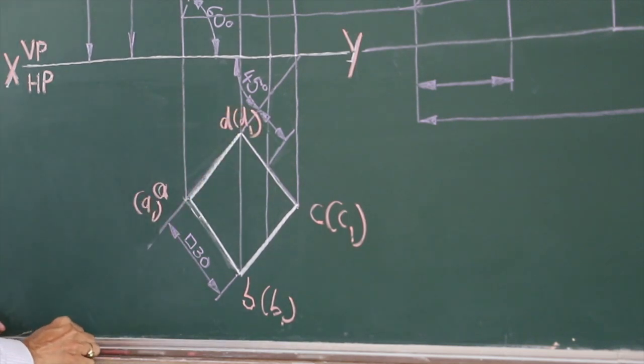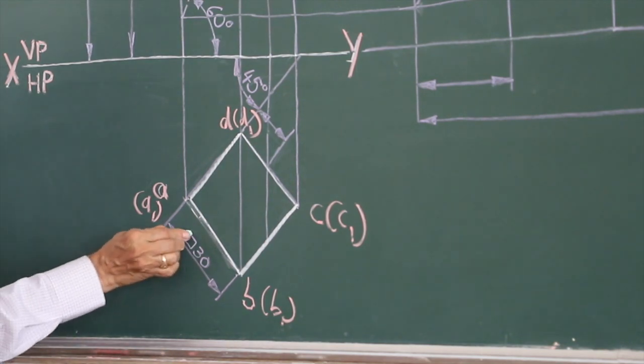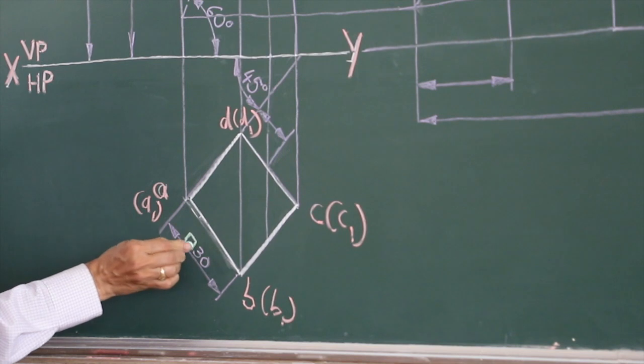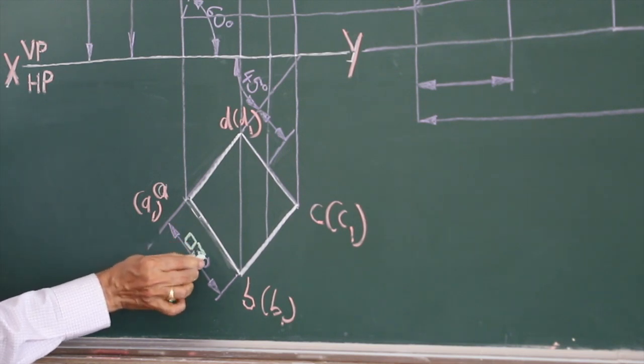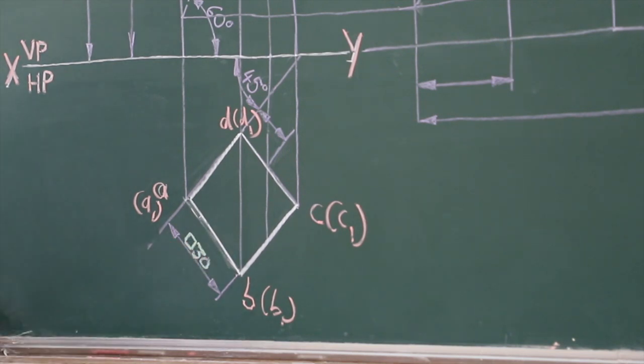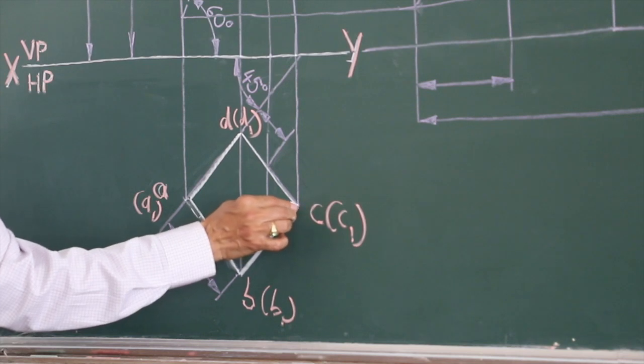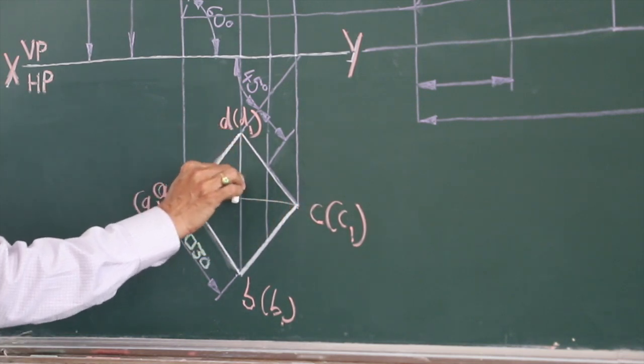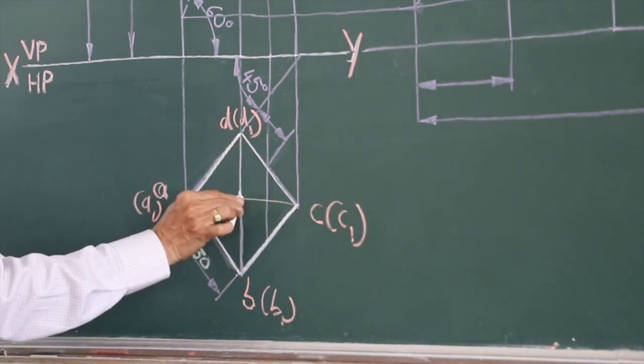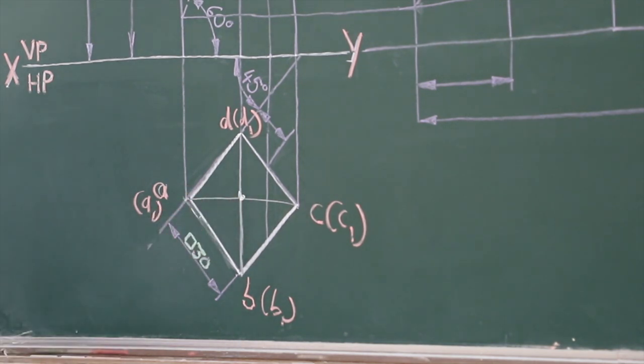Okay, and remember, it's very important for you to dimension this. This is a square of 30 mm. Therefore, square 30 is very important. You should not miss out any data being marked on the figure. Now, once you complete this top view, you need to look at the axis position in some problems, and in this problem, the axis is here. Okay, and now you need to concentrate on the front view.